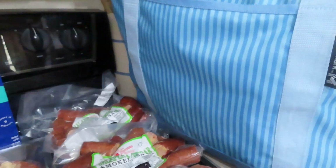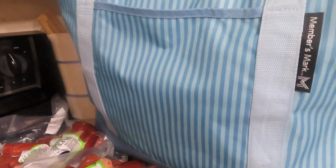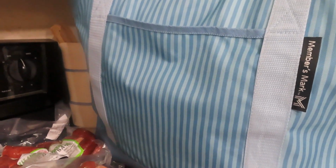And, oh, while we're looking at it, y'all, I got this at Sam's Club a few months ago. This is a great big huge bag. It's insulated. I keep extra bags down in there, extra plastic bags, and another Aldi bag. But this is what I use at Aldi because it's really nice. It's got a zipper. It's got long handles and short handles, and it's really awesome. Receipts go in here, and it's so perfect, and it was $9.98 at Sam's Club. So if you have a Sam's Club membership and you do a lot of shopping at stores that don't have bags that are free,